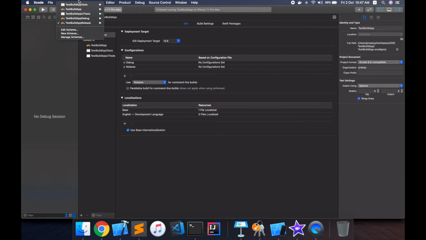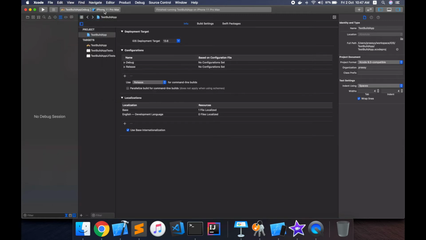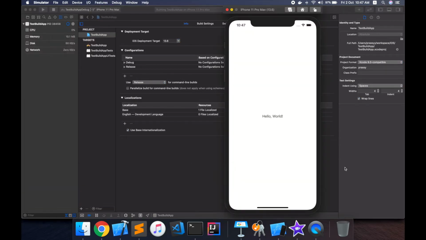So let me try to run the test build app debug scheme in the simulator. The app that we have here is a simple app which doesn't do much, which just displays a greeting.